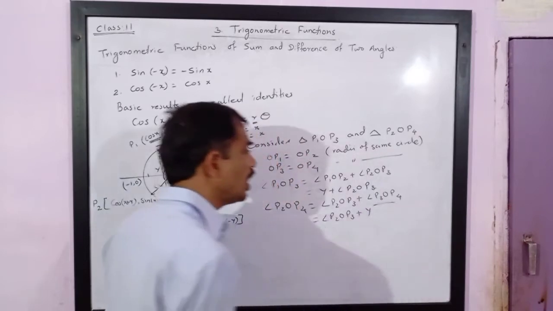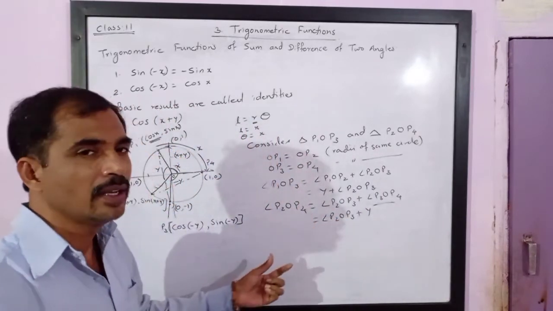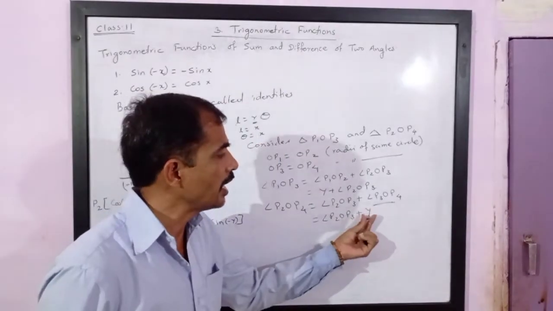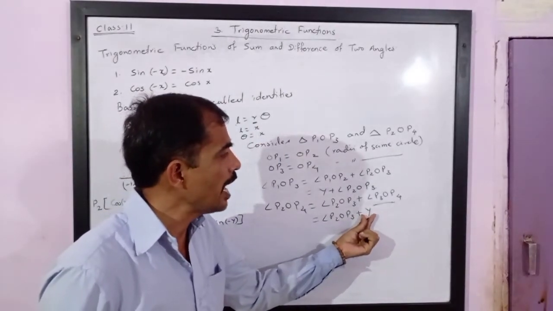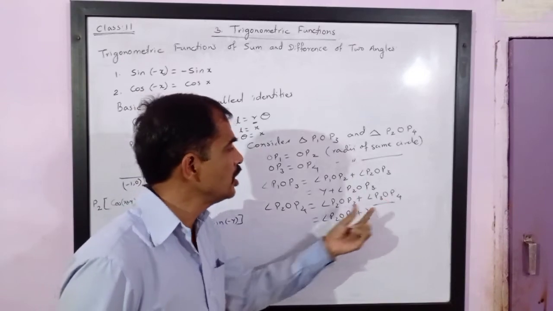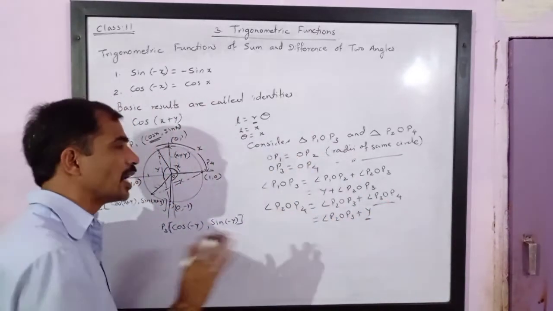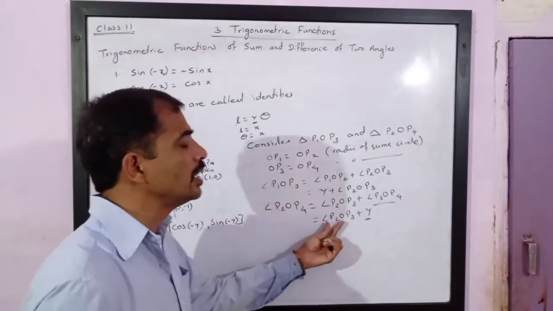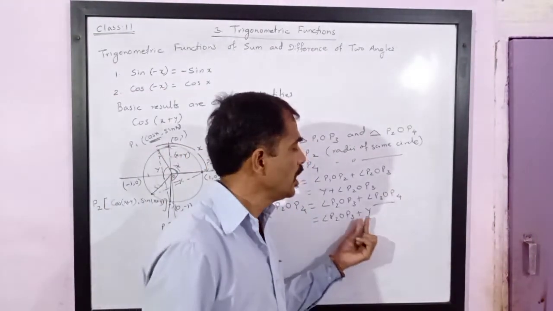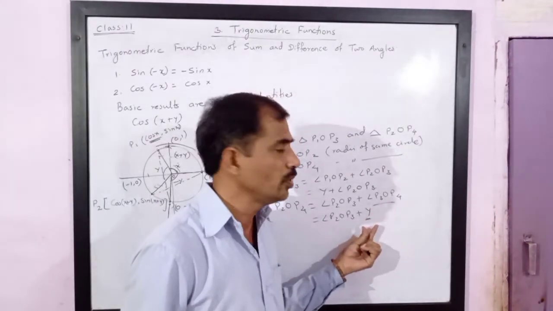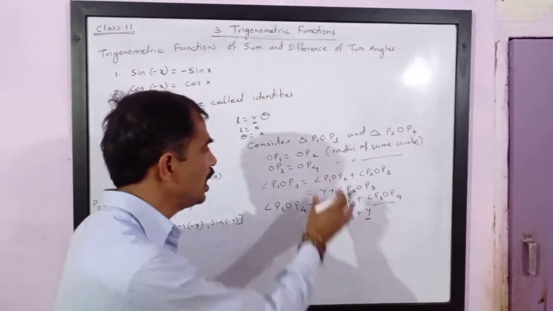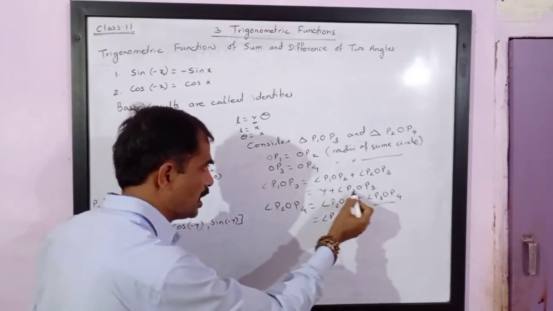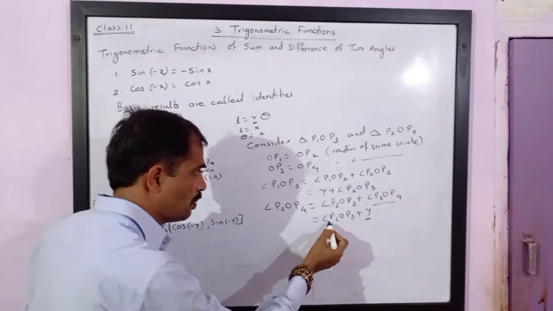Please note, we are taking here for the triangle, we only measure the angle. So the measure is y, and we are not going to consider it negative. The reason is we are going to prove that these two triangles are congruent, and for congruency we need only the measure, we don't need the direction. So here I have taken positive. The reason is only I want to prove that the triangles are congruent. So here, please note, I have got y plus P2O P3, and this is also y plus P2O P3.